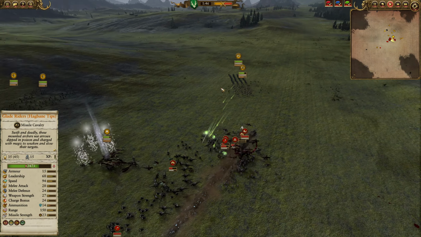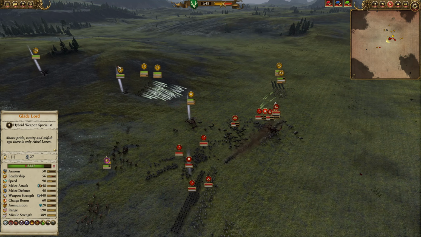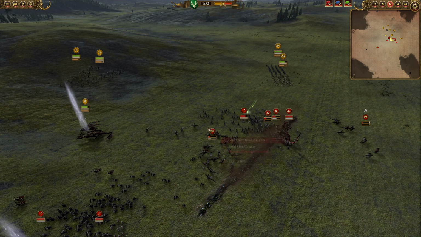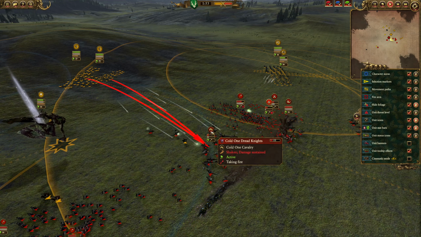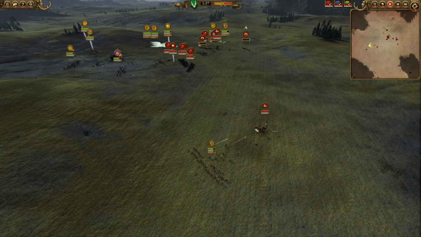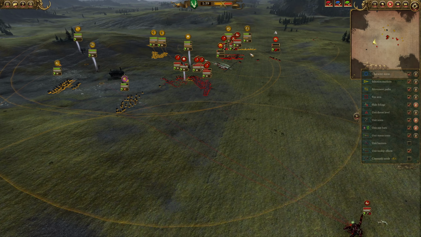Okay, that was pretty good. Was definitely quite good here. Phenomenal Pendulum. 16 kills, alright. Now we have more damage coming in from the Way Watchers. Obviously targeting down the Cold One Dread Knights is a really good play, because that's the mobility of the Dark Elves. Now I feel like...